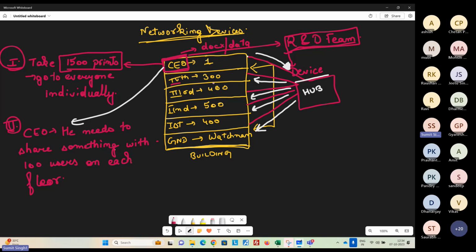So he has two options again, to take these many prints and distribute it to those specific employees, or to send the traffic via Hub. But Hub will send it to all the other employees as well. So that will be sort of a COC breach, that he's sharing a document that is not supposed to be shared with the rest of the employees. So again, the CEO went to his